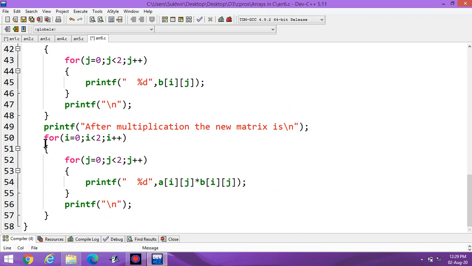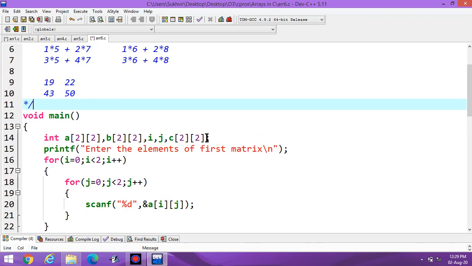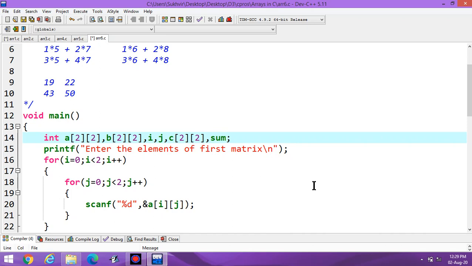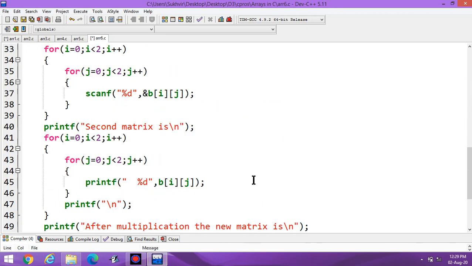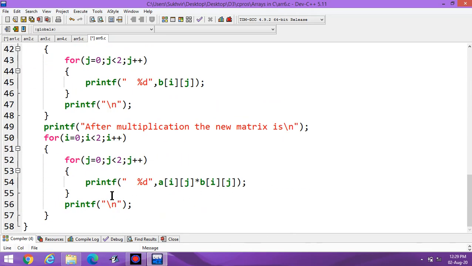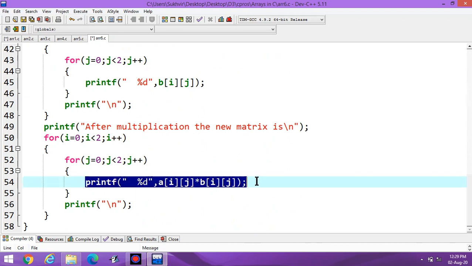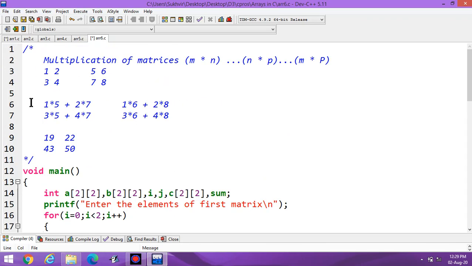For that, what we have to do, one variable is required here, sum. Then here I have to do the changes. Suppose I write sum is equal to 0, because multiple times I have to add the values.